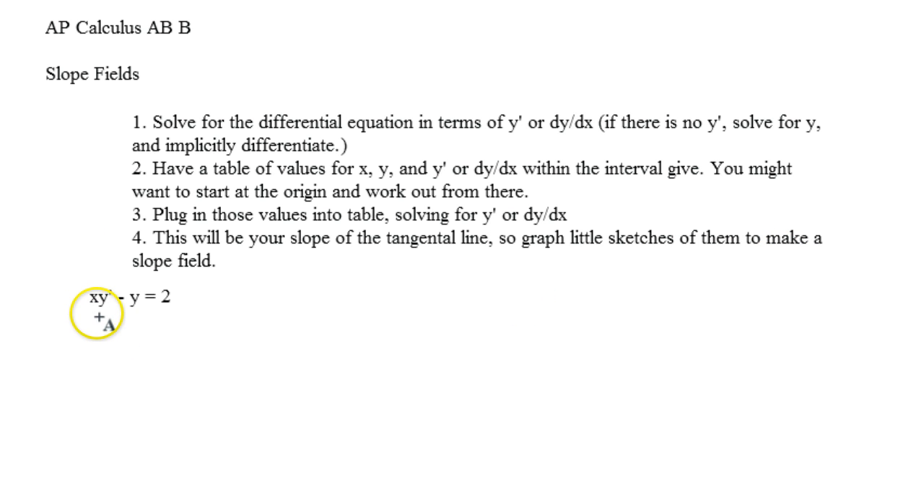Okay, so x times y prime minus y equals 2. This is a differential equation because it has a variable in it that's already been differentiated. So what we're going to do is solve for y prime. So x y prime is going to equal 2 plus y. Okay, and then we're going to divide both sides by x, and so we get y prime is equal to 2 plus y